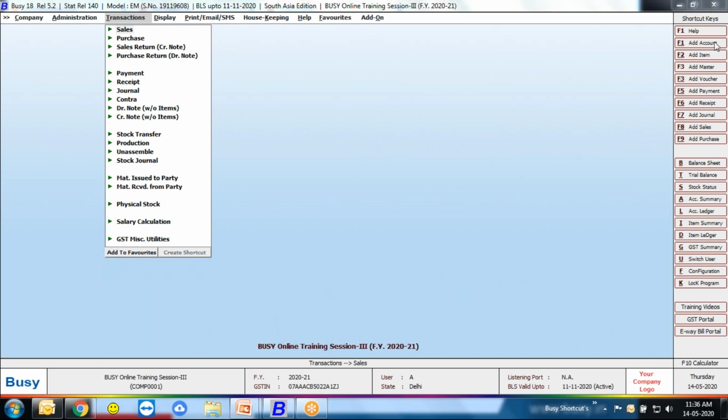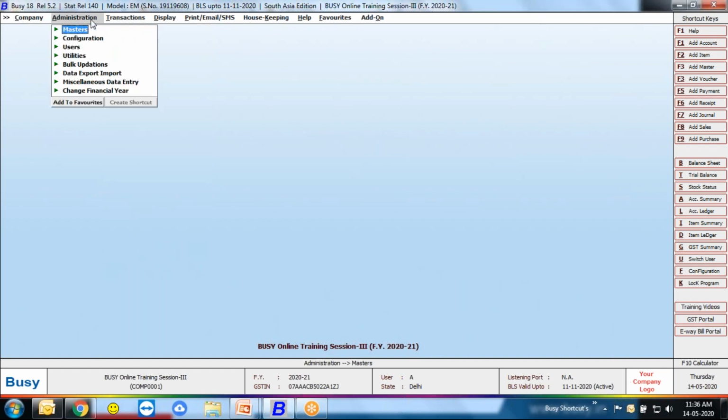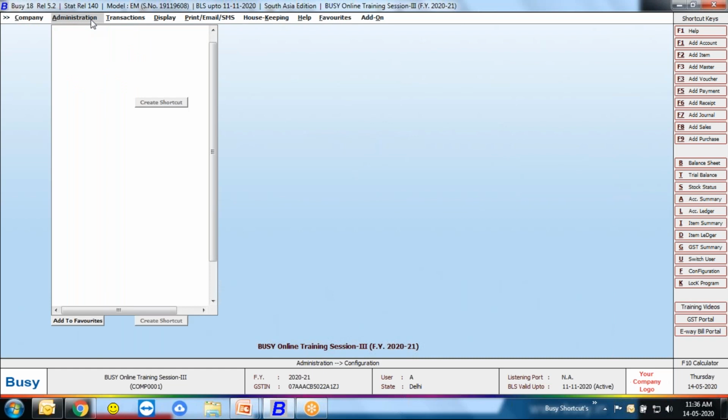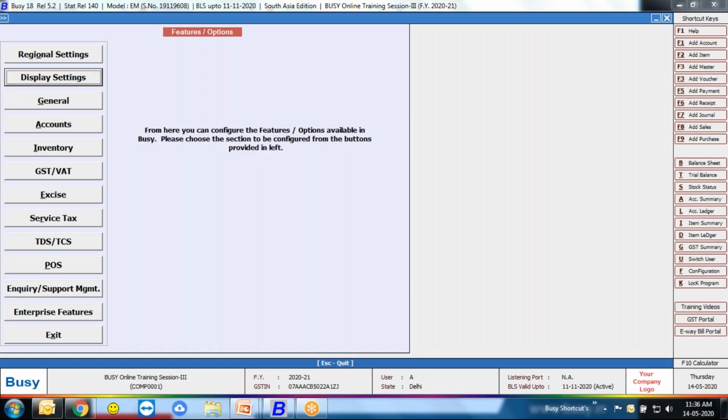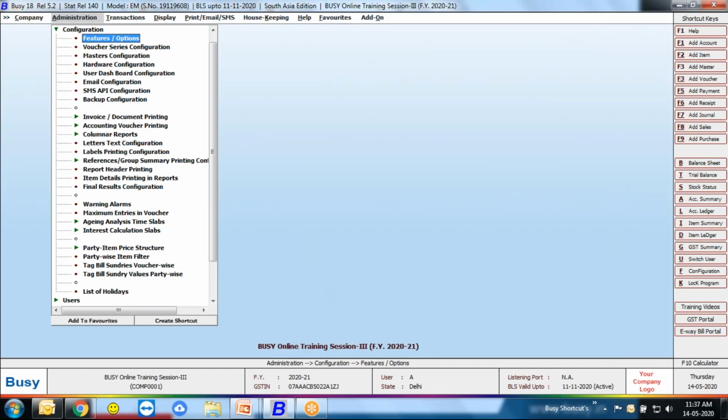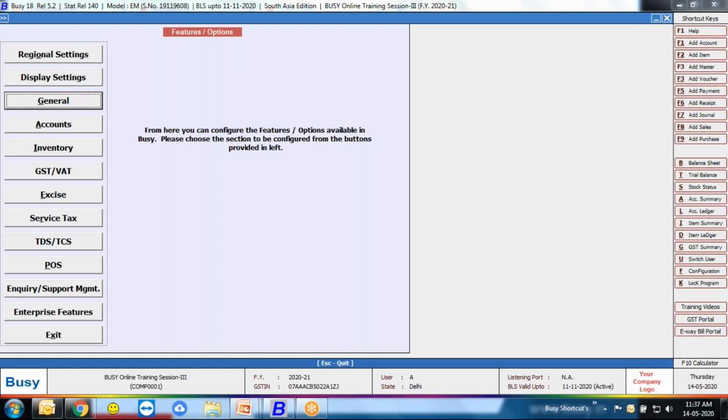Now what's the next? The next is, today we are going to see the configuration, feature and option, and general menu. So we are going to cover configuration, feature and option, and general menu.